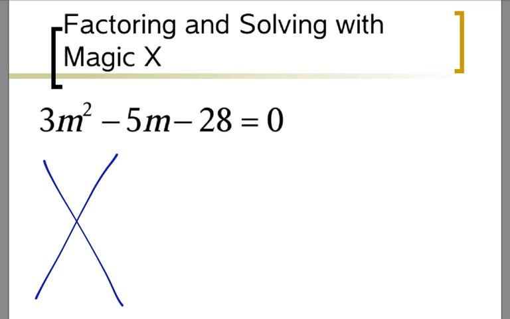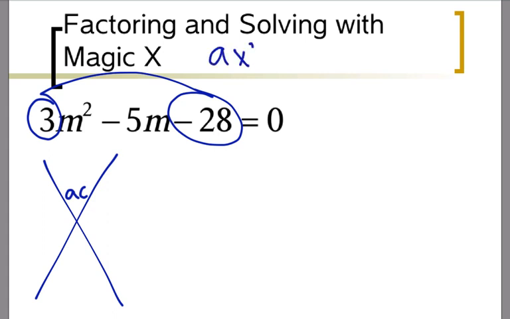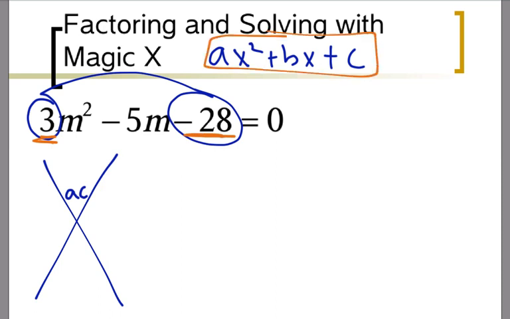So you write an X, and on top you're supposed to put the product of the 3 and the negative 28. In other words, this is your a and your c. If you were to write this out in the form ax squared plus bx plus c, this 3 is your a, the negative 28 is your c. This is called standard form for a quadratic, by the way. So I multiply the 3 times the negative 28, get negative 84,